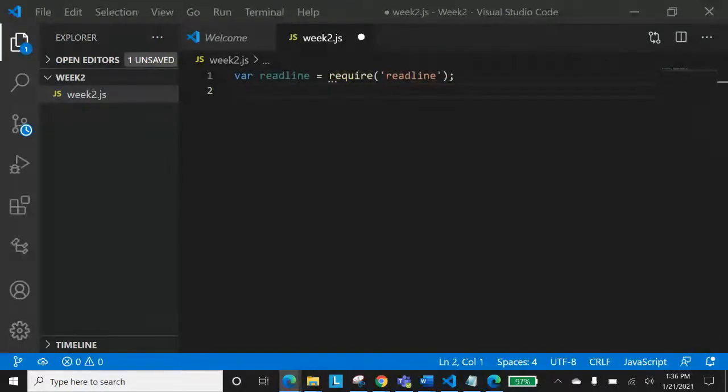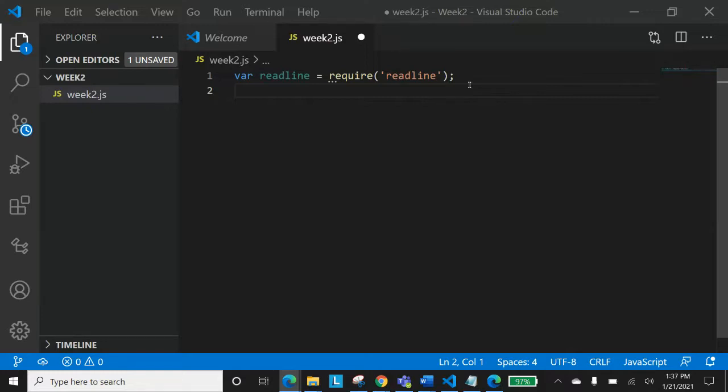Right? So yes, I was talking about how we have a readline module that makes it easy for us to take input from the user, and not in the form of forms. You have worked in forms, you know we have the form element in HTML, and you make that HTML form, and then you have those input type elements, and there you just take input from the user and store that input somewhere, or maybe send that input from one page to the other. We're not talking about that input. We're talking about taking input in JavaScript, when you are directly working in JavaScript.